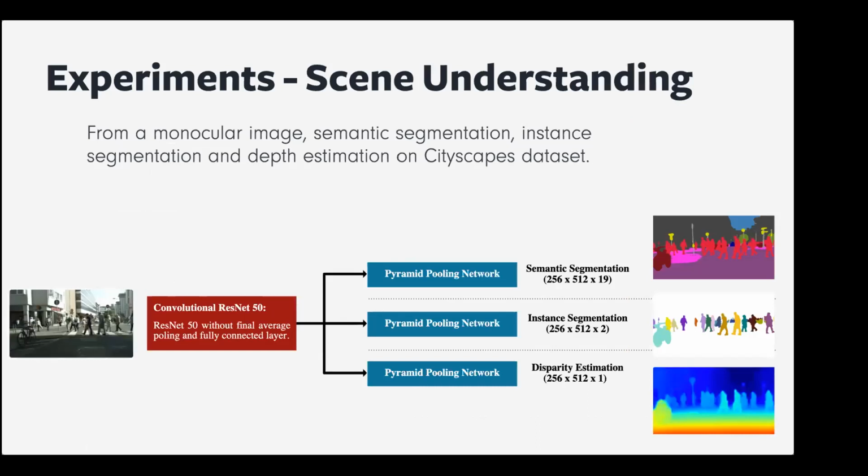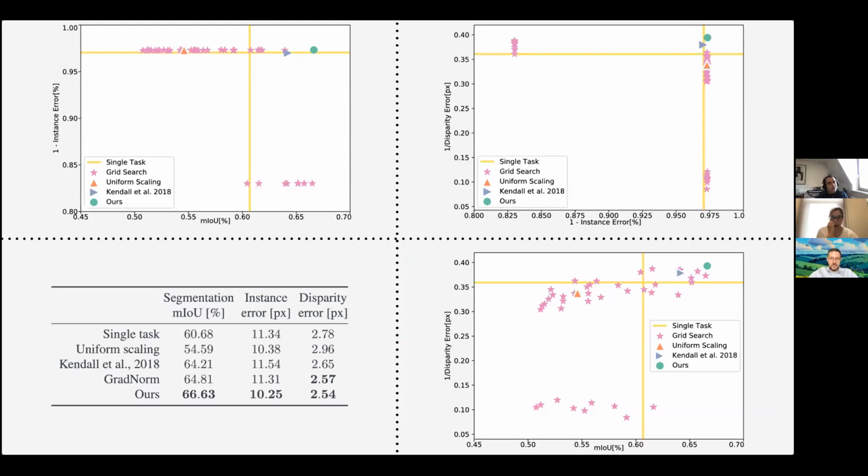And then we apply it to some more interesting problems. One problem is, given an input image, we want to predict semantic segmentation, instance segmentation, and do depth estimation, disparity estimation. But these are, of course, kind of old neural networks and small data sets and everything. And we cannot look at a 3D curve because 3D is hard to visualize, but we look at these 2D projections. So all these things are actually learning over all 3 tasks, but to visualize them, we look at all these 2D projections.